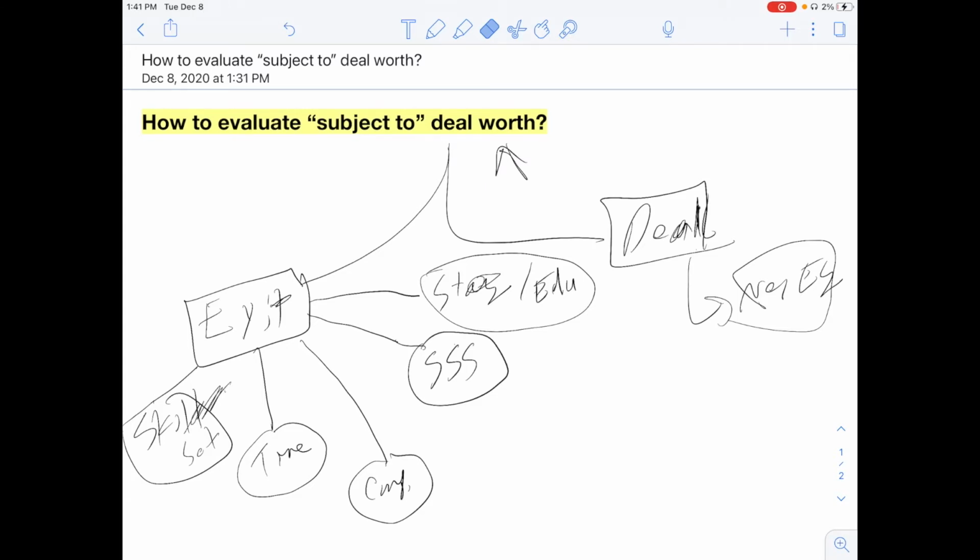But it's very important for you guys, and anyone, to understand that a deal worth, it doesn't matter if it's a subject to or a regular real estate deal, whatever the deal is, in this case subject to, the deal limitation is only limited to the amount of black belt or white belt that investor is. The more green they are, the more the deal limitation plays a bigger factor. The more black belt, the more master they are, the less of a factor deal limitation has.